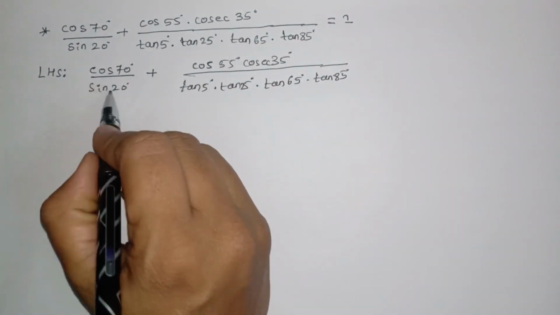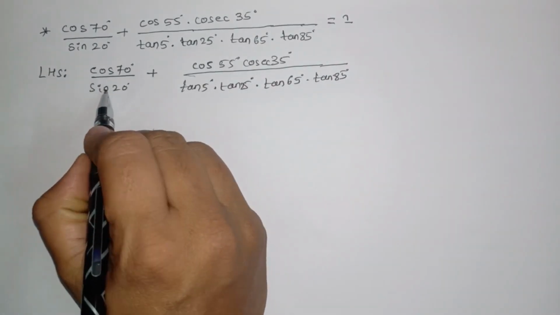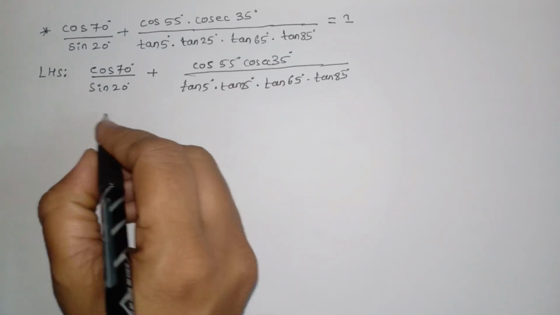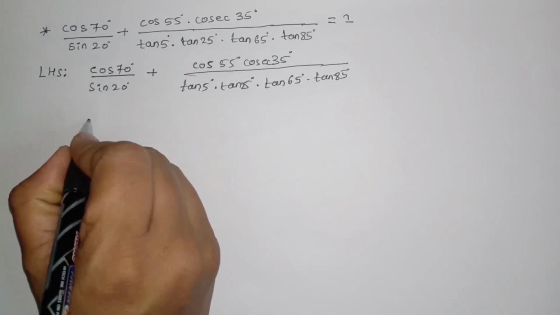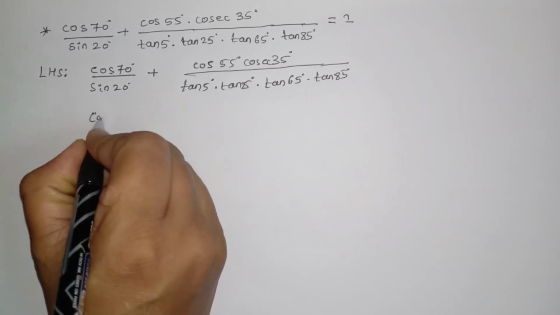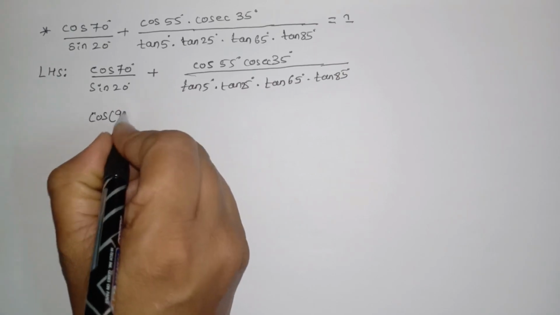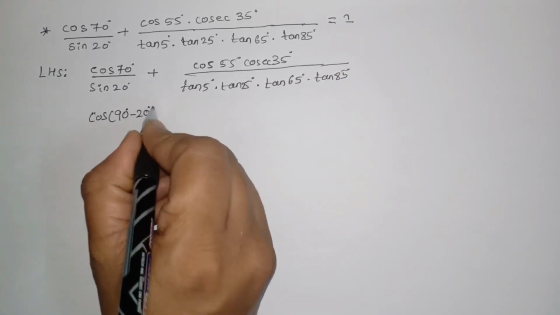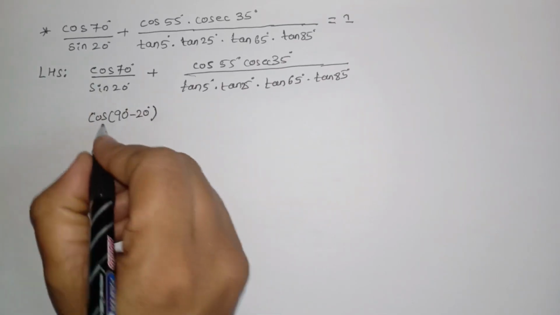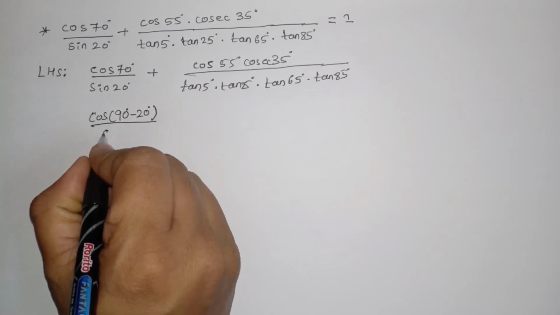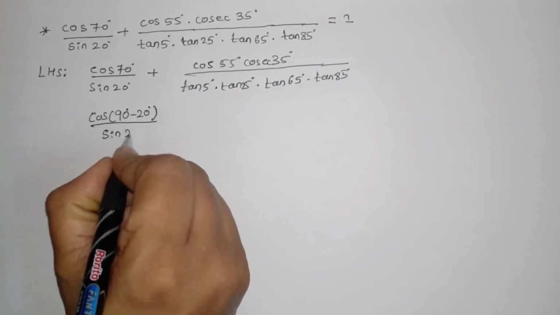So in the first term we can observe here cos and sin are the complementary angles to each other. So we can change one angle as its complementary angle. So cos 70 can be written as cos 90 minus 20. So 90 degree minus 20 degree. So 90 minus 20 is 70 again, divided by keeping the other angle as it is, that is sin 20